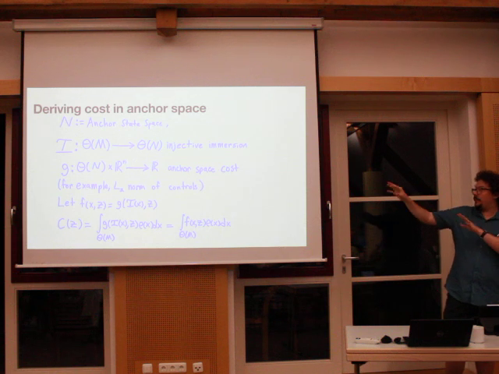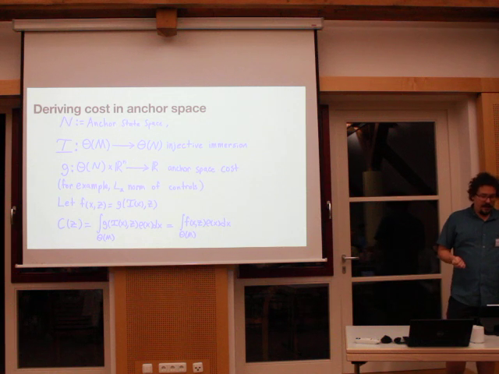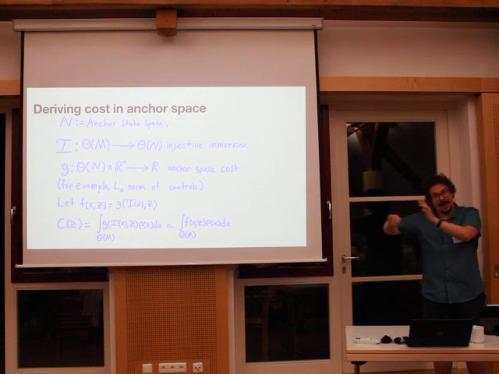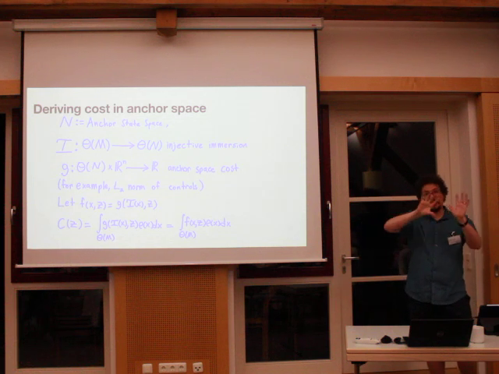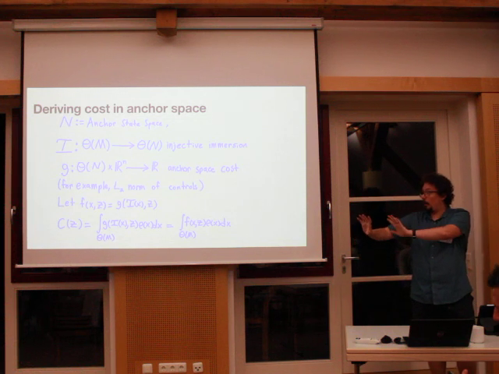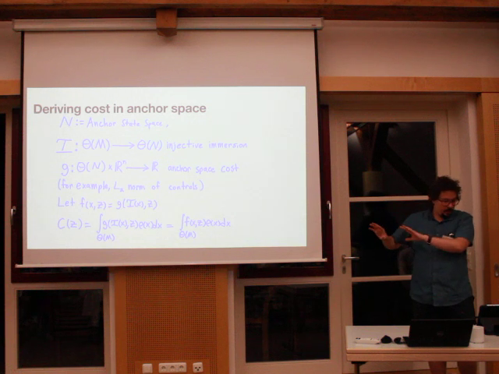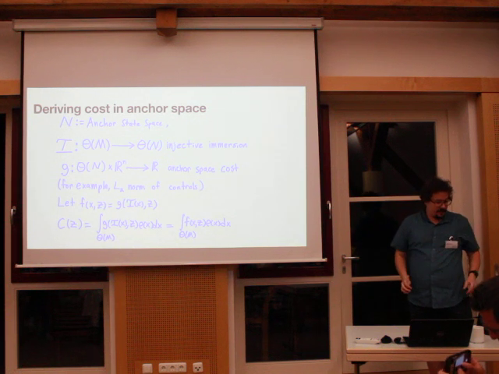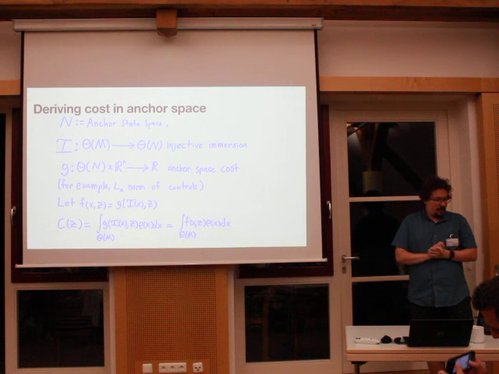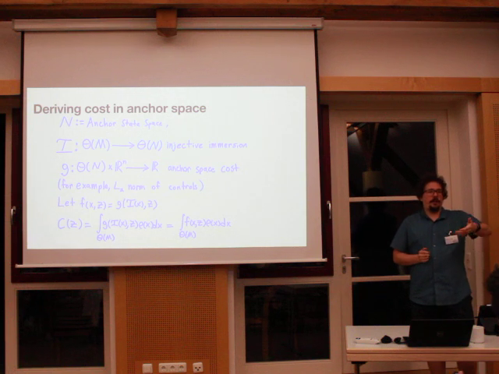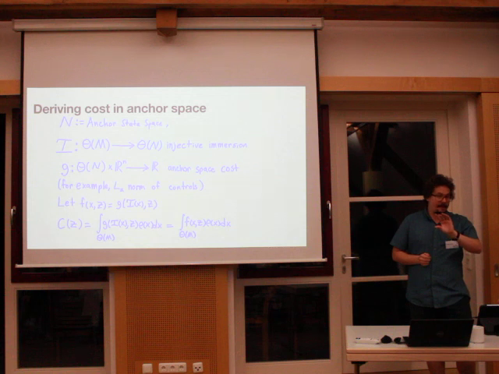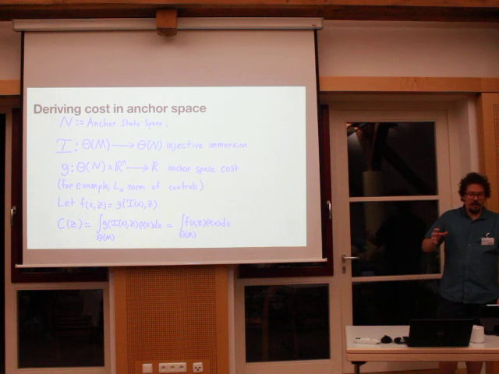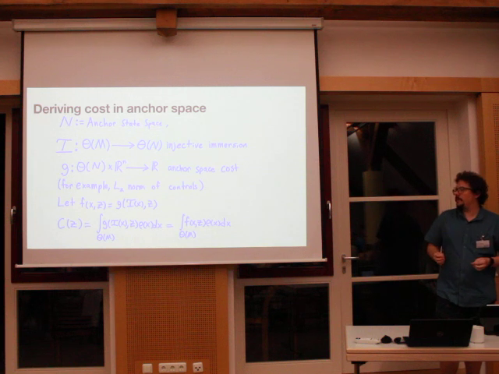And so now N is going to be our anchor state space, and if we have some injective mapping that's going to make the orbits of our template model, our template gates, into orbits of our anchor space, so an injective immersion, and we have a cost function that maps the anchor orbits and the design decisions into the real numbers, then we can construct our cost term in the template space